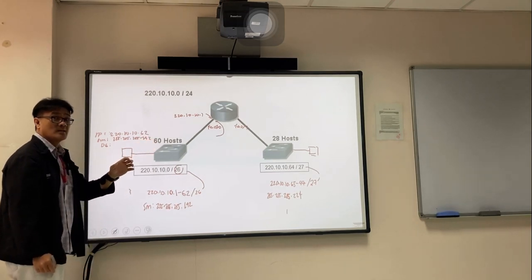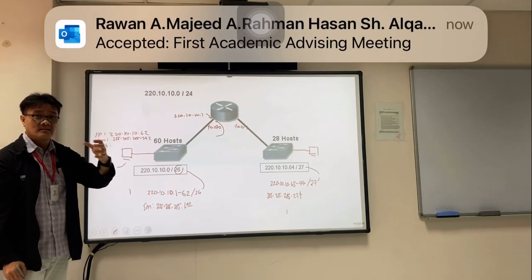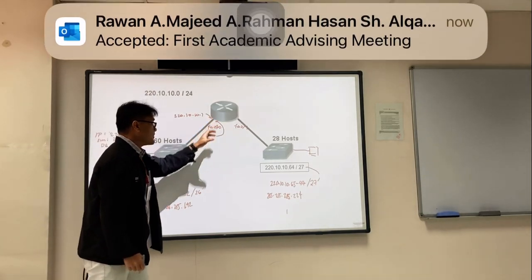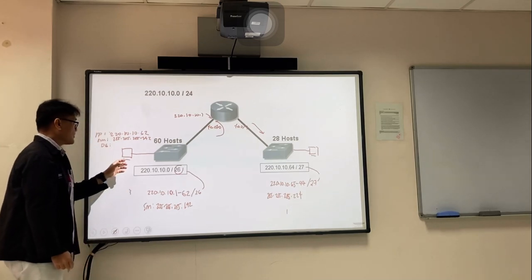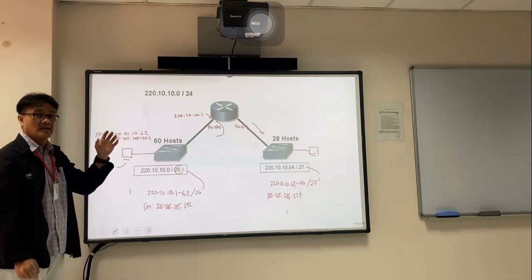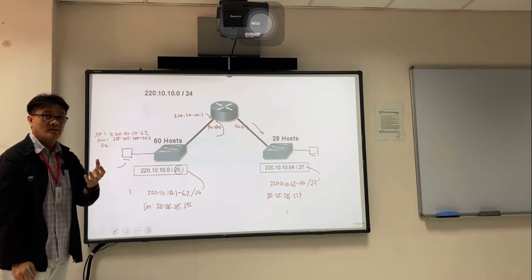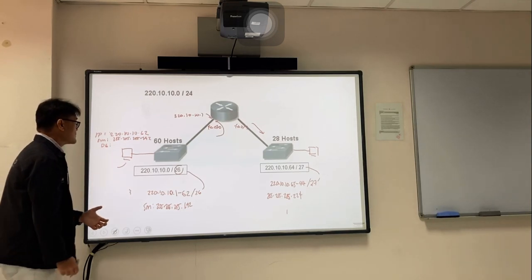The purpose of the default gateway is, if you have a packet destined outside the coverage of the router, the computer will send that packet to the interface of the router. It's like telling the router, hey router, I have a packet for outside, can you send it outside? So I give it to you. And the only way I can give this to the router is if I know the address of the router. So that's why the interface of the router should be assigned an IP address. So the default gateway is